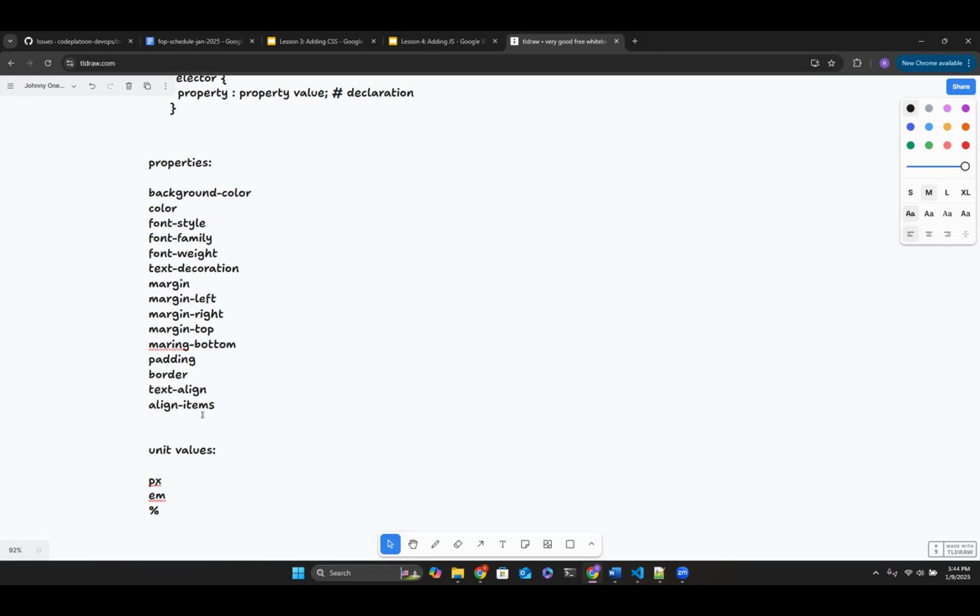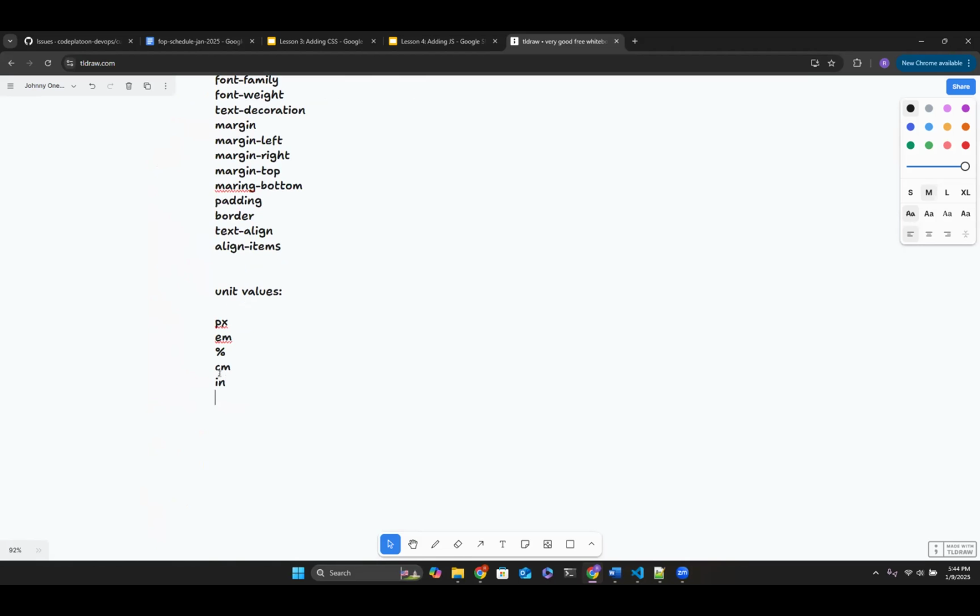They had centimeters too, I think. Yeah, we had some centimeters. I think we had inches as well. We also had view height, view width. I think we had vmin and vmax. We didn't see these specifically. We could probably elaborate a little bit more on these once we start talking about divs more and how to CSS the divs. But these are some very common ones, right? Here are our unit values. There might be a handful more, but these are the most common ones that you will see.